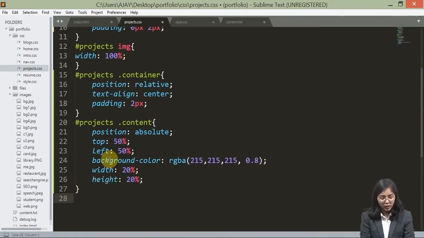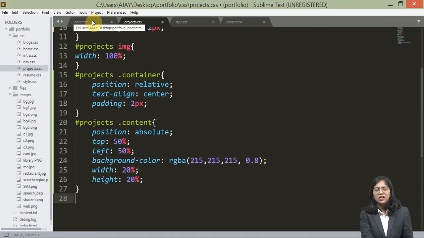Now in the next, what are we going to do? We are going to style the HR tag, that is the text content. Now we could have given a class for this, but why waste? We can use the parent class relation here. We can use the parent child relation here. So why just waste some class name over there, right?